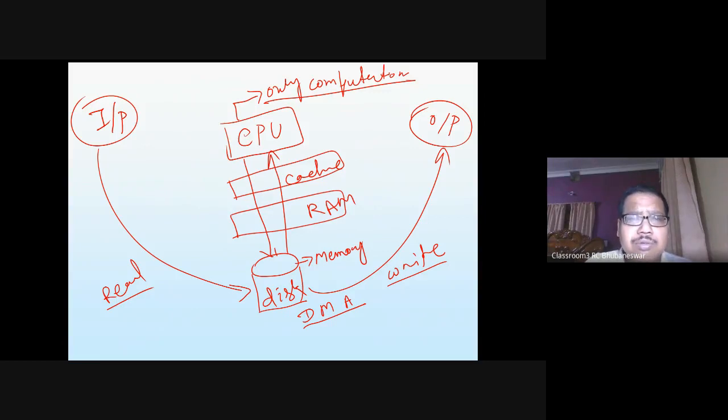The reason is that whatever we are experiencing, the processor is always getting faster. If the processor is always faster, then I must supply the data to it. That means if a runner's running speed is increasing, then you have to increase the length of the track. If you are not increasing it, the runner will complete the track, and you will not have any process to execute. So processor speed is increasing, and if you are not increasing the space to store the